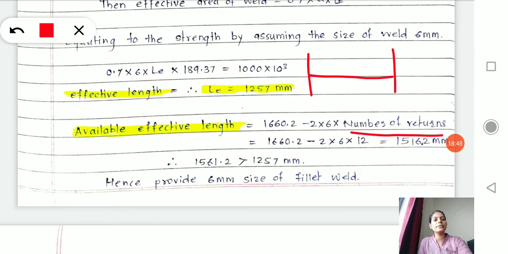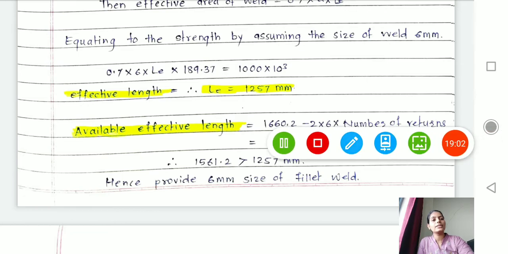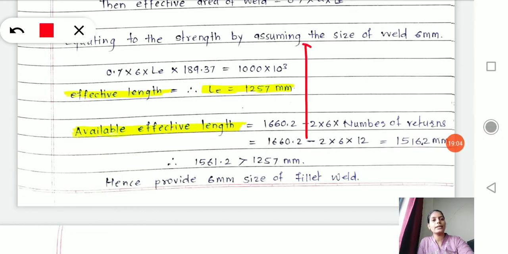This is the peripheral length available for this I section, which is 1660.2. From that, I will reduce the turns. How many turns does one I section have? The edges of the I section are counted as turns.